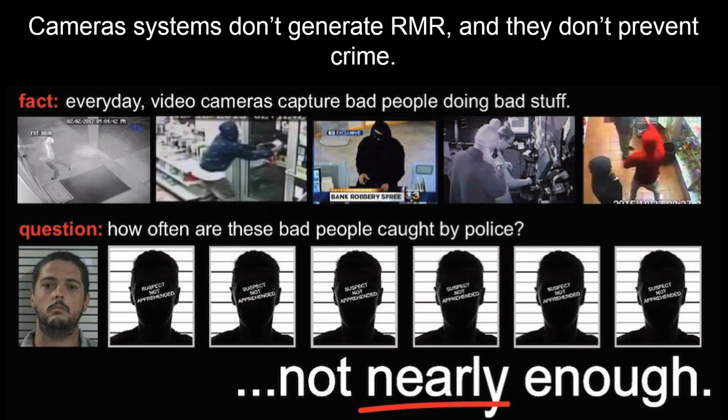So over the past 3 years, many integrators have resorted to installing camera systems. Well, the challenge with a camera system is that, number one, it typically doesn't generate any increased RMR, and they don't prevent crime. You know, this slide really is just illustrating the fact that cameras record crime every day, but they don't stop